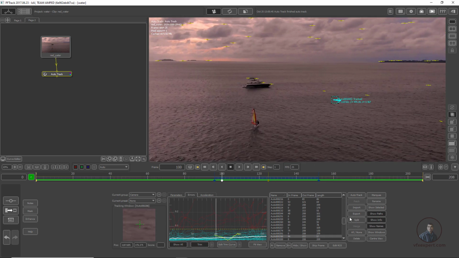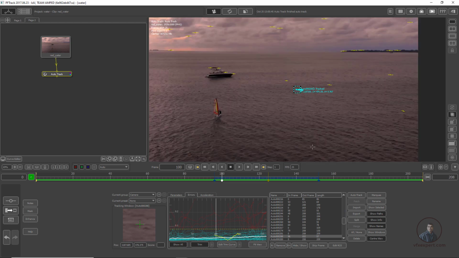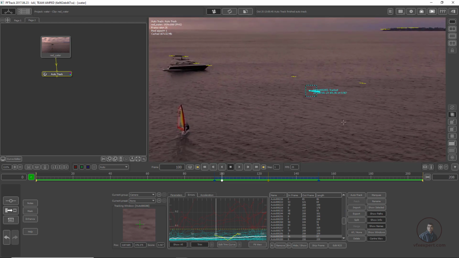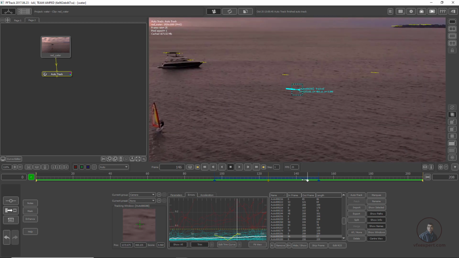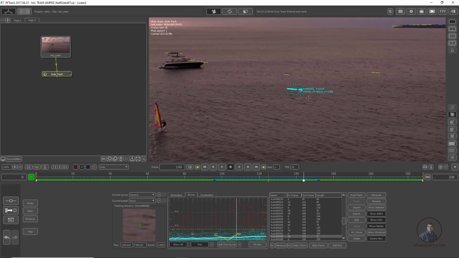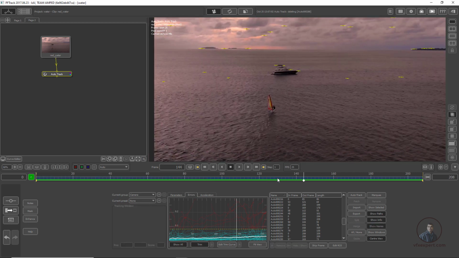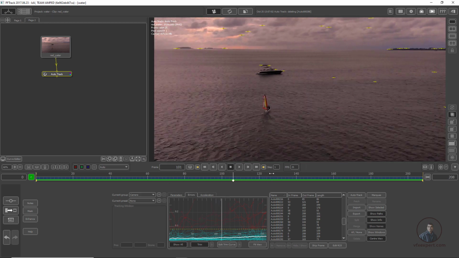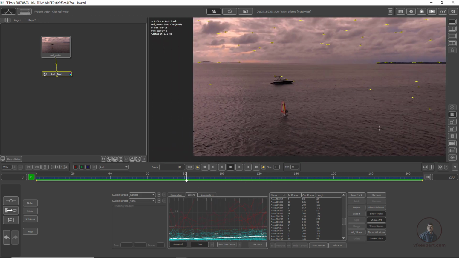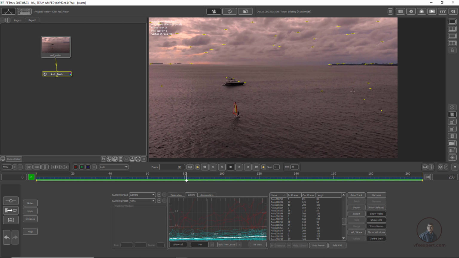Select this one, simply click on center view here, so you can easily focus. Then with the middle mouse button zoom in a little bit on this one, maybe a little bit of jerk here. If you want, you can select and delete this one. Now select this point and press twice to delete it here. Now you have to check a little bit. I think most of our water points we have to delete.